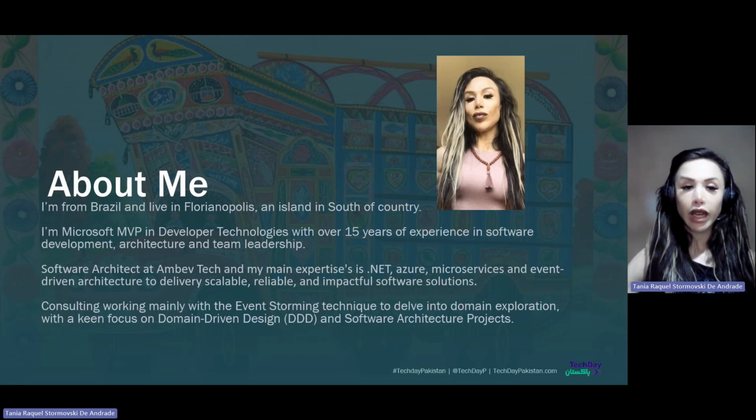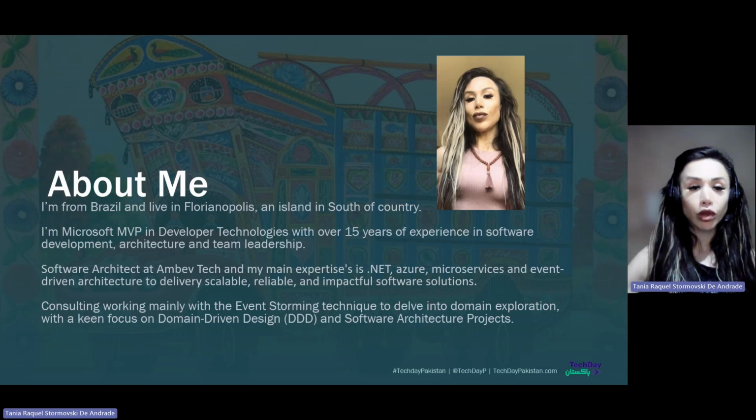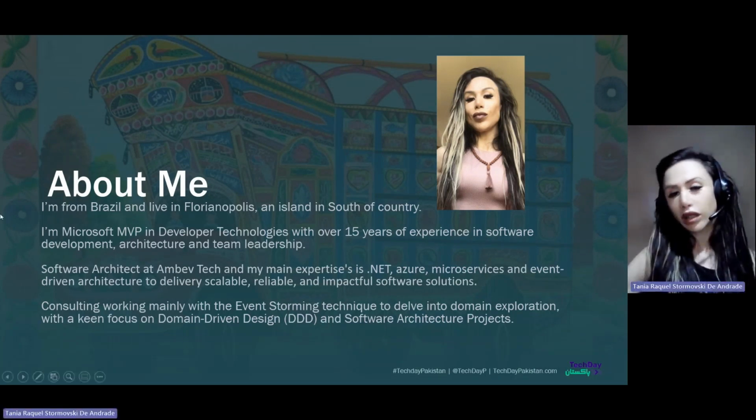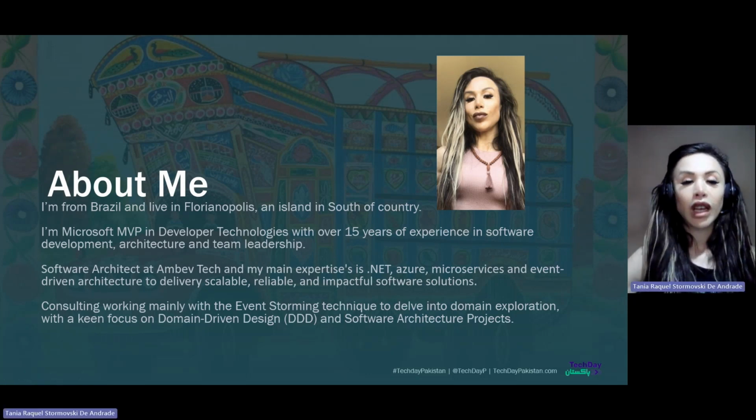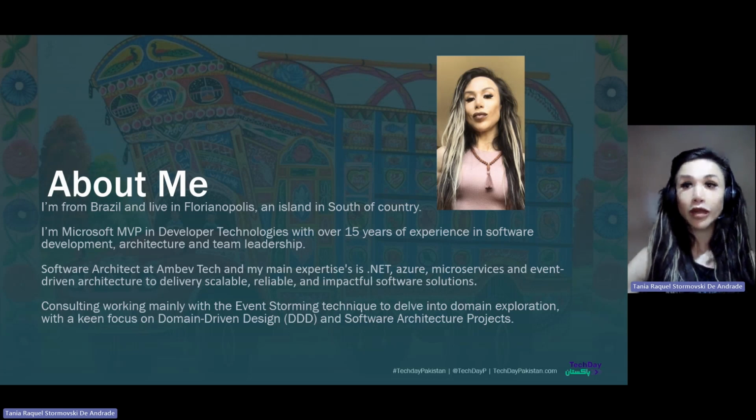Currently, I am a software architect at Ambev Tech, a technology arm of the Ambev company. And as you said, I work mainly with .NET, Azure, microservices, and event-driven architecture, always trying to deliver scalable, reliable, and impactful software solutions. I also do independent consulting, mainly with the event storming technique and putting domain-driven design in modern ways. I also do software architecture projects, and I anticipate my apologies about my English,